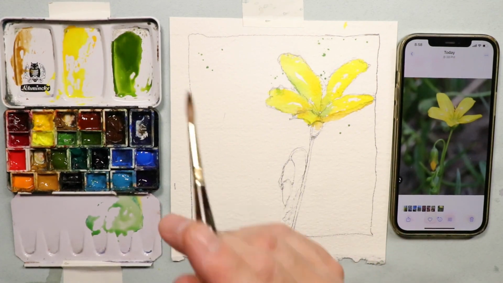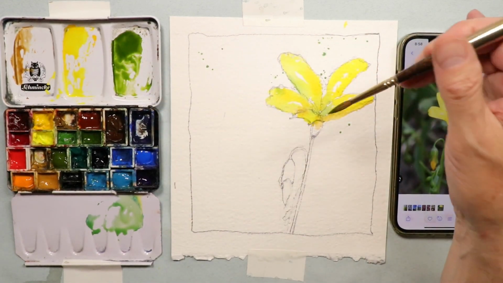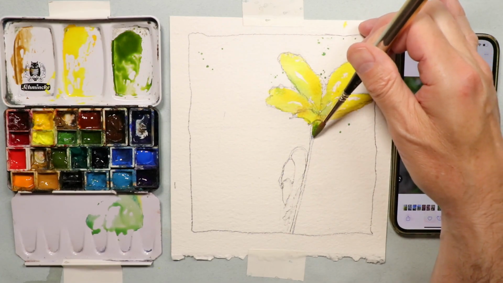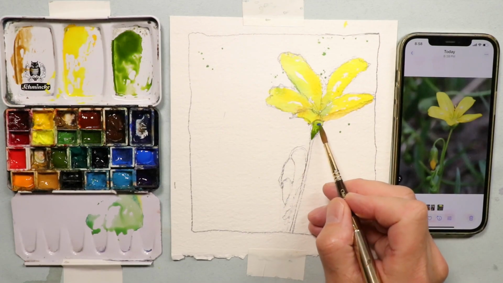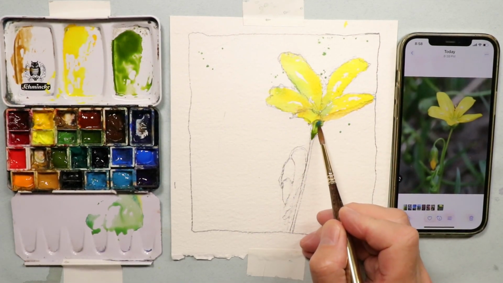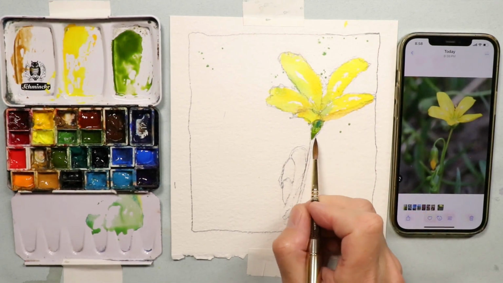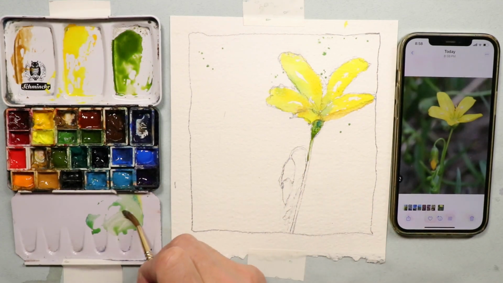All right, so let's keep working here. Let's get some of the green here. Like that. Maybe a little bit of blue under here. Just a little bit of a shadowy blue there underneath. And then you can take some of that green and just slowly